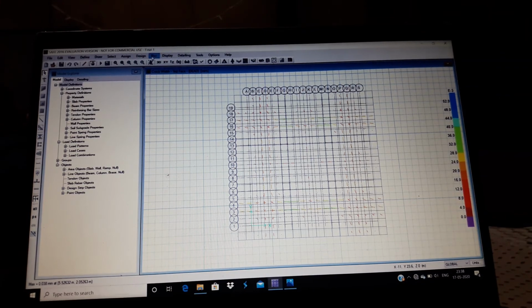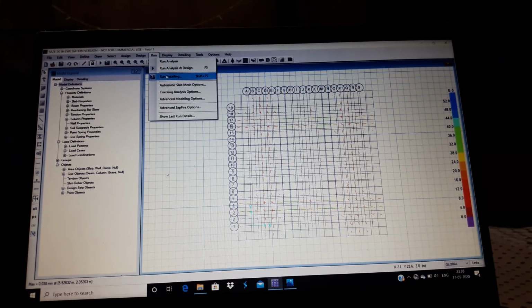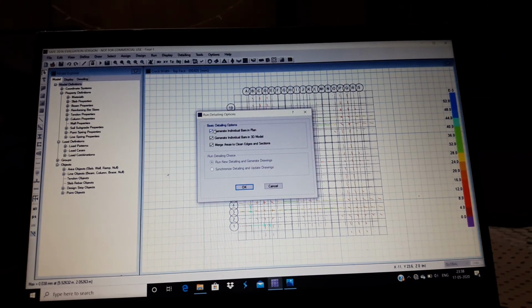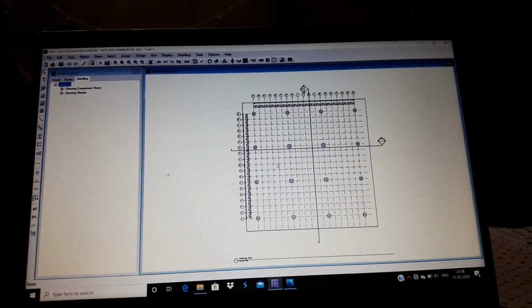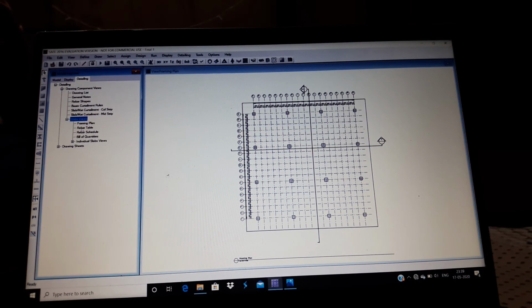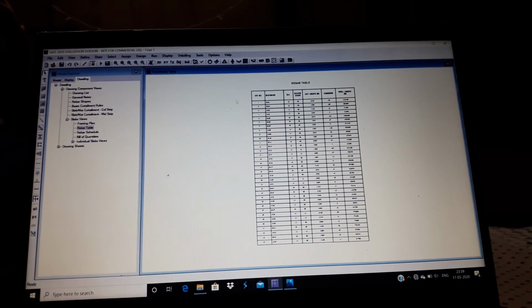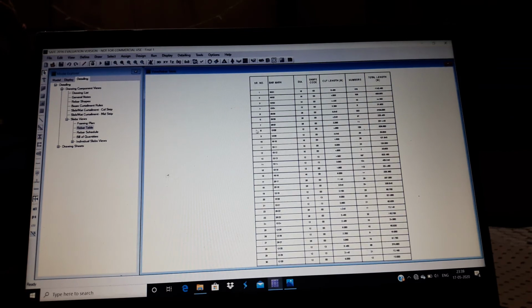You can run the detailing, check all these and then click on OK. You can see here detailing appears, and then you can check anything you want to see here. Here framing plan is this, then rebar table, double click on that and you will be able to see that.